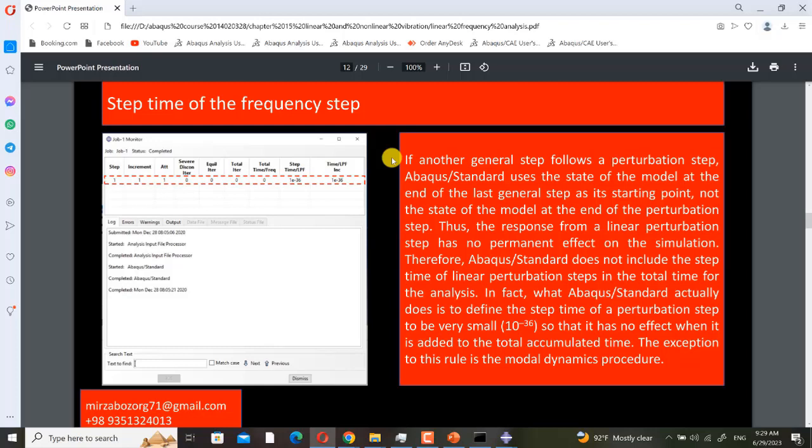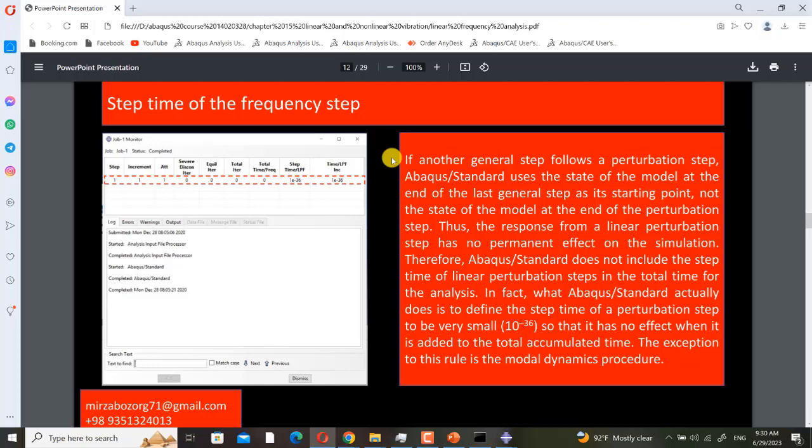In fact, what Abaqus standard actually does is to define the step time of a perturbation step to be very small, 10 to the power of minus 36, so that it has no effect when it is added to the total accumulated time. The exception to this rule is the modal dynamics procedure,